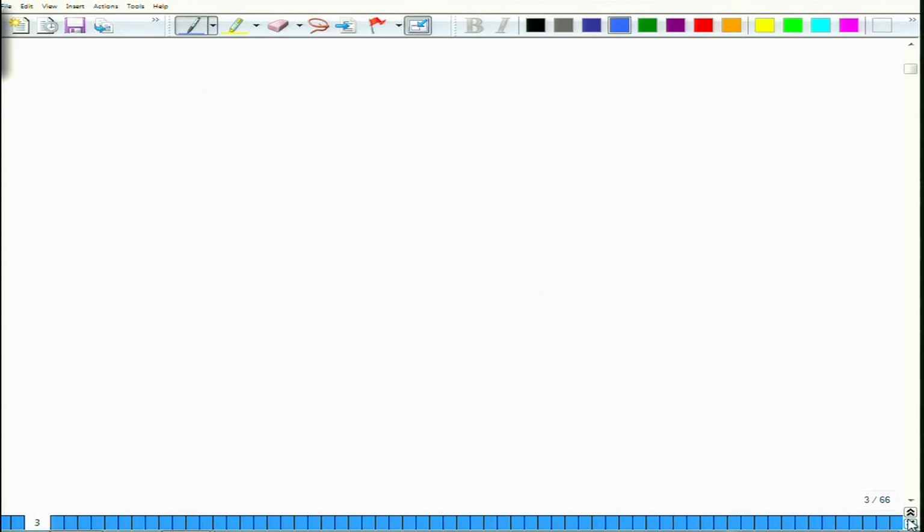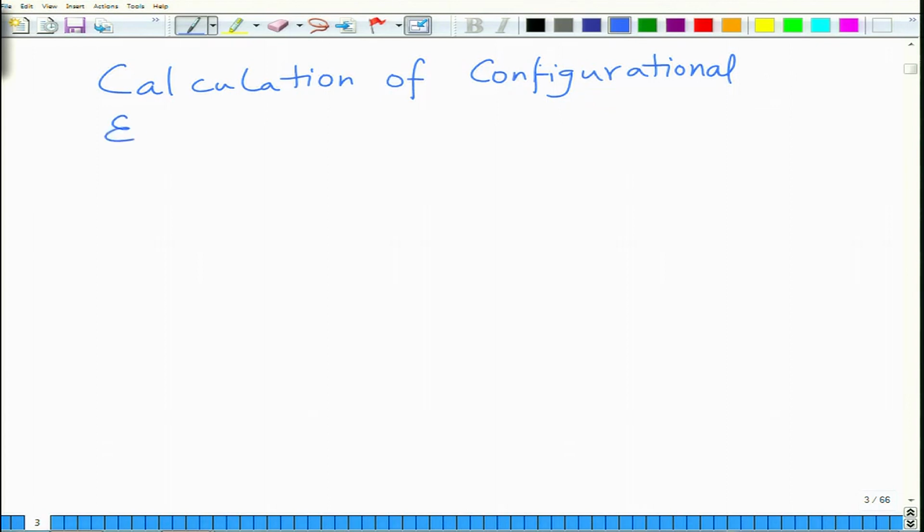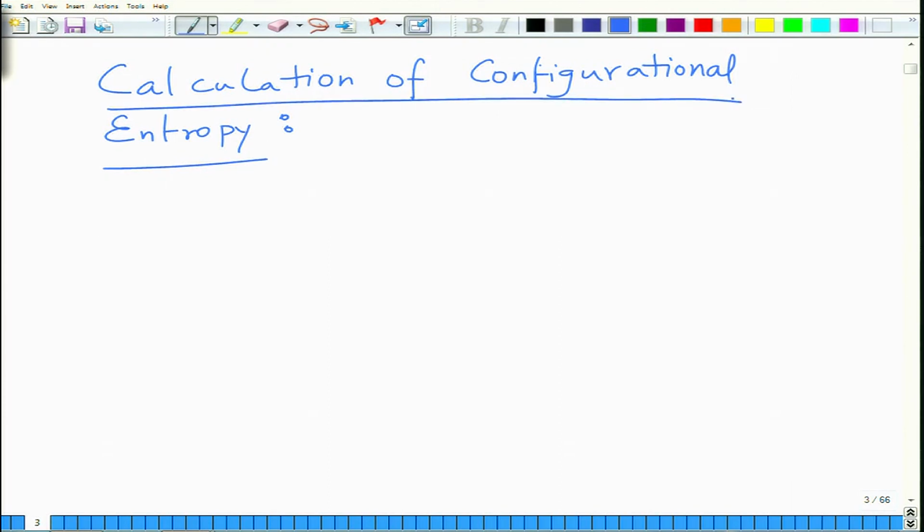So now let us see how we evaluate the configurational entropy. All right. So we said that we will ignore thermal entropy. So S is equal to S config. So before mixing,